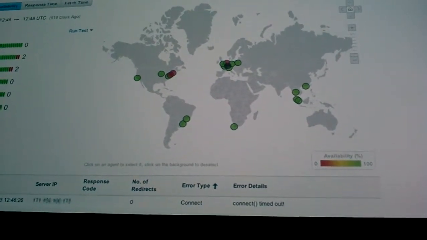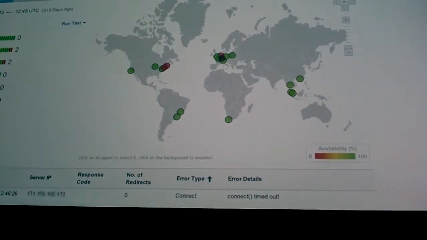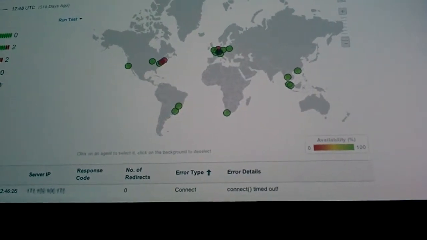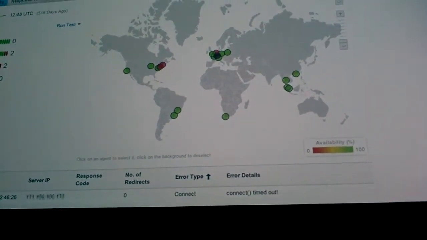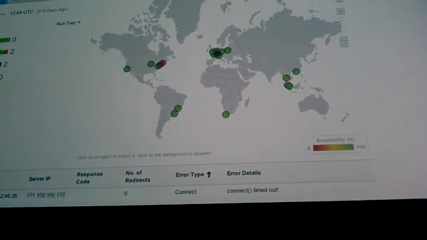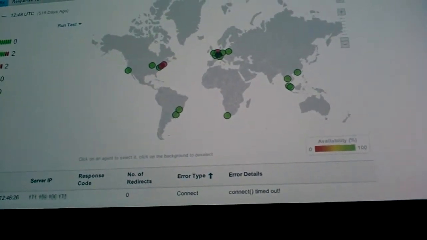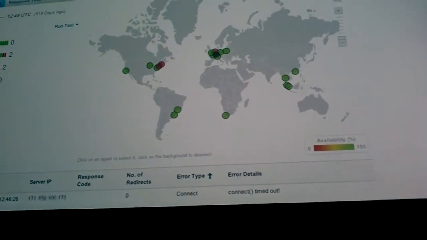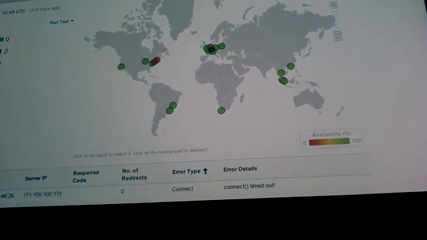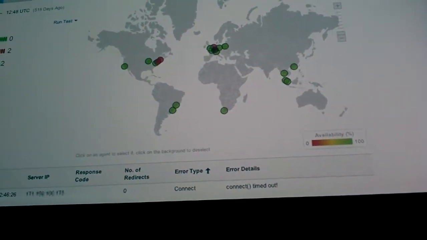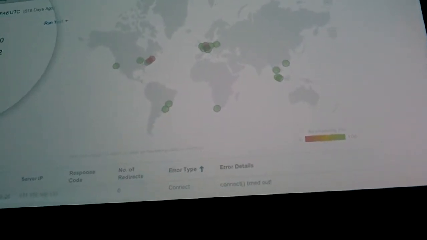at that given time. Now, a lot of people will say that the overlaying of the agents on top of the world map is kind of tacky, but I don't think it is. It's very significant, especially if you're running a global company and an application that's used globally. Now, the thing that really stands out for me, and the next slide shows this, is